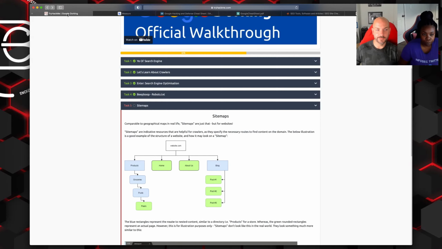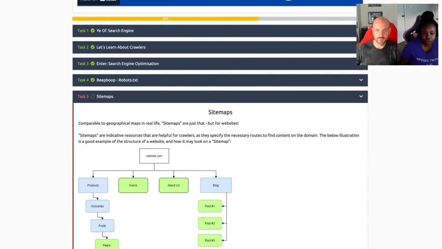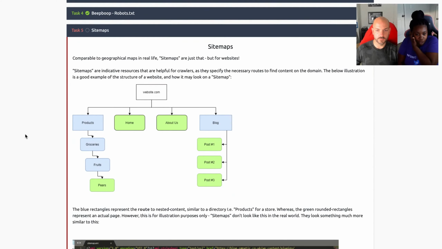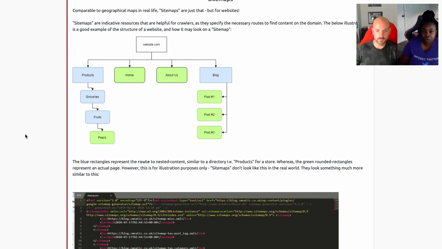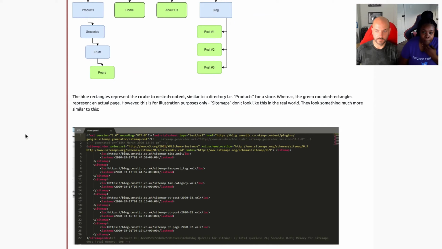All right. Absolutely. Let me zoom back in here. So underneath that, it explains what the blue rectangles represent, which are the route to the nested content, similar to a directory, whereas the green rounded rectangles represent the actual page. So going down beyond there,